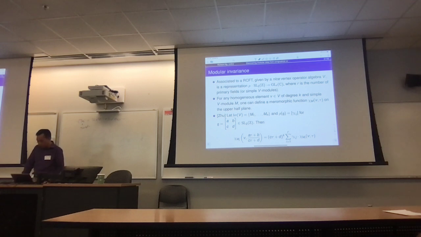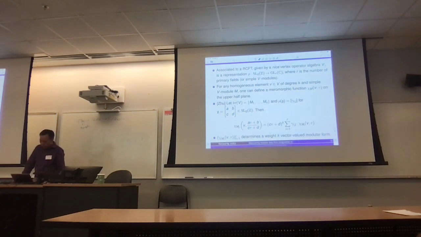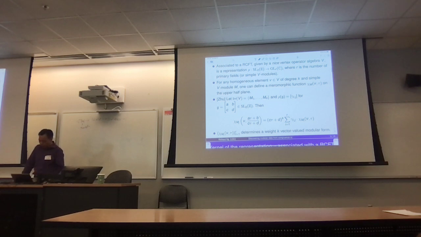So associated to a rational conformal field theory, let's say it's given by a nice vertex operator algebra, there's a representation of SL2C. This actually usually comes from the so-called modular invariance of the conformal characters. The number R is the number of irreducible or simple modules, or sometimes in the physics literature they call them primary fields. So you pick a homogeneous element v in V of degree k, and you pick a simple module M,